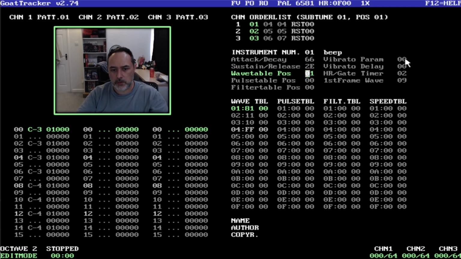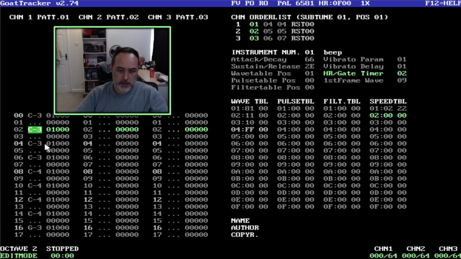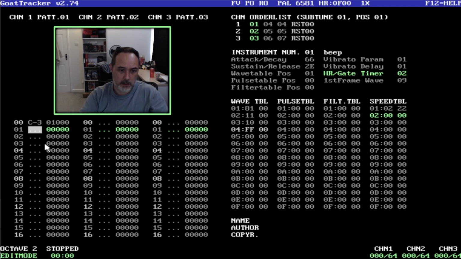There's vibrato as well that you can add, so you can do 01 in here. It just means it looks at this table, and the delay is just how long before it kicks in. I usually do 01, 01 like that. And then you can put in random numbers in here. Let's start with like 222. A better way to test it is to delete all the other notes there, and I'll just do